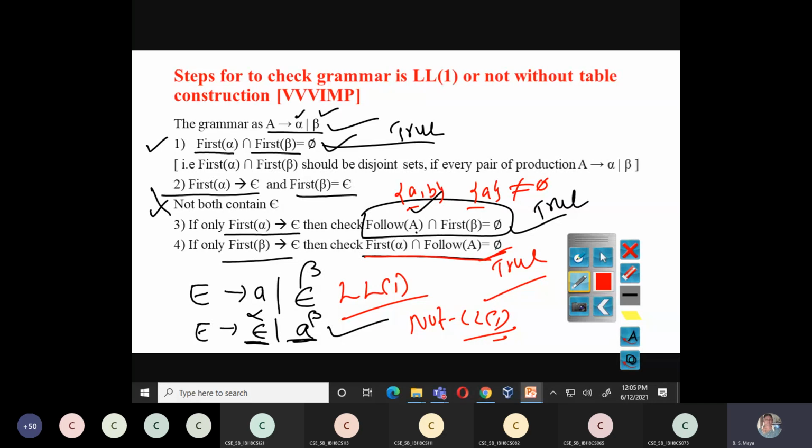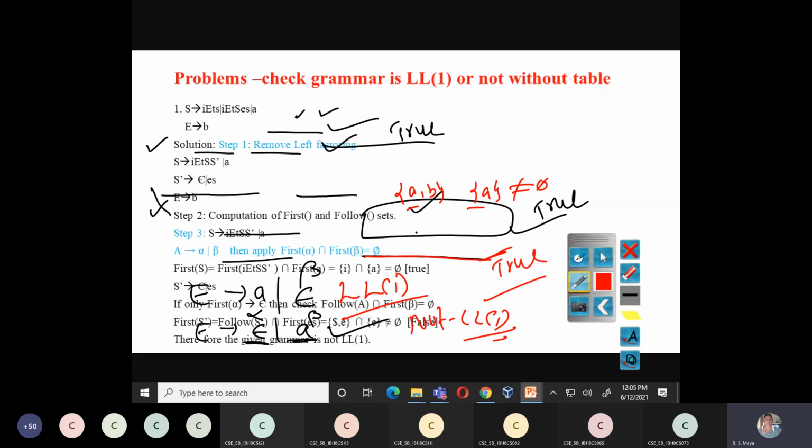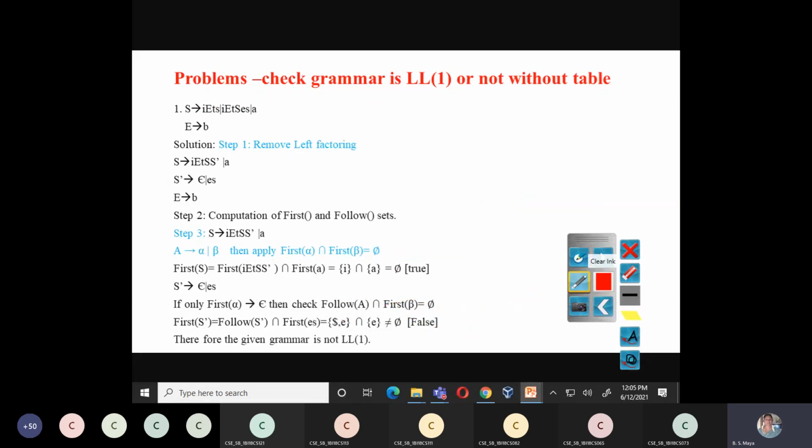Okay, for this we'll do the problem. Then you can better understand what I am writing in the rules. Copy down the problem. The problem: check whether the grammar is LL1 or not without table construction. Without a table we have to do it. Take this problem down. S derives IETS or